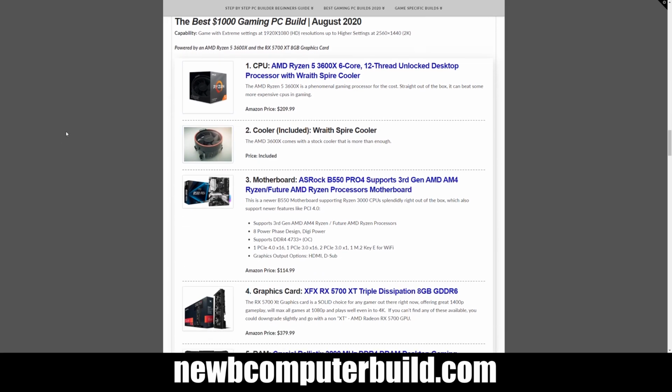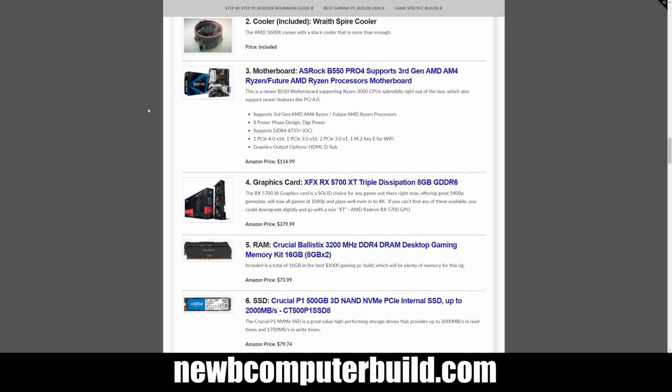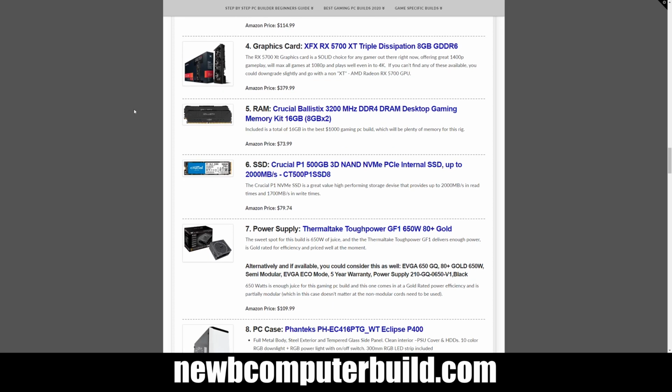This uses the AMD Ryzen 5 3600X CPU, which is easily overclocked, and also comes with a stock cooler, the Wraith Spire cooler, which should do most people just fine for this build. Motherboard we have is the ASRock B550 Pro 4 at $114.99. This is one of the newer B550 boards. Graphics card we have is the XFX RX 5700 XT,